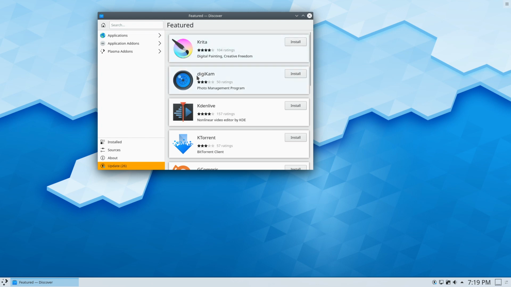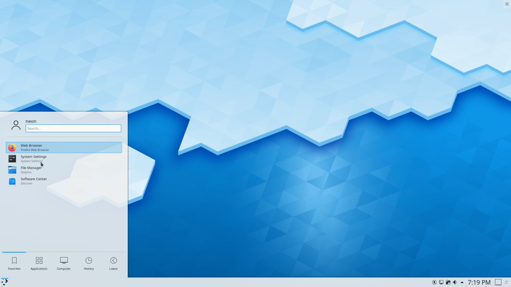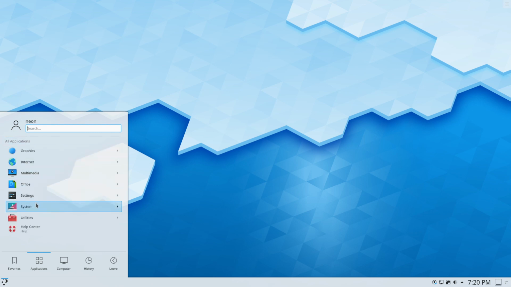All right, so there is what we have installed over there. As far as the applications you're going to get out of the box, we're not going to have a lot in here. So we have KDE Image Viewer. We have a basic document viewer. We have KDE Connect for Android. I have never worked with the KDE Connect SMS before, but that's involved here. We have a web browser. Multimedia, we do have VLC. Nothing else in the Office documents. And we didn't have a setting to do Office documents either.